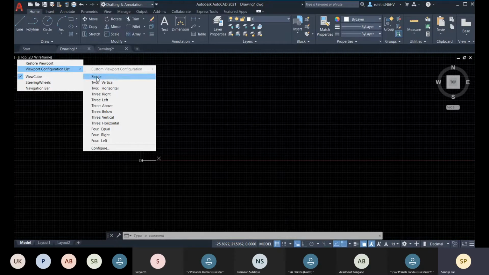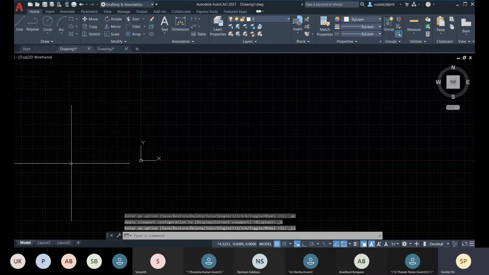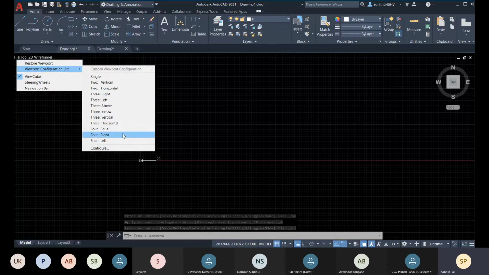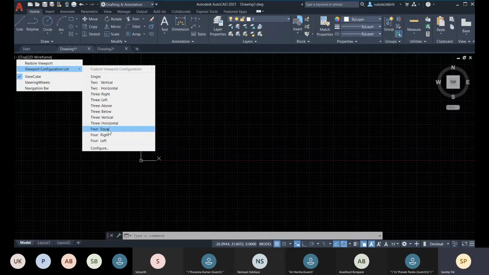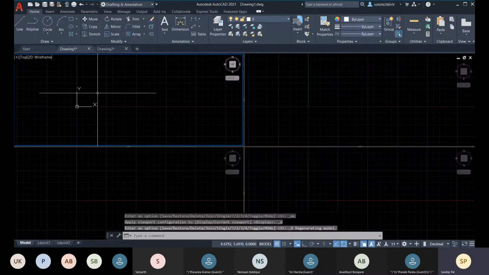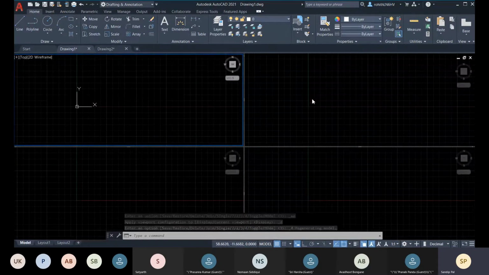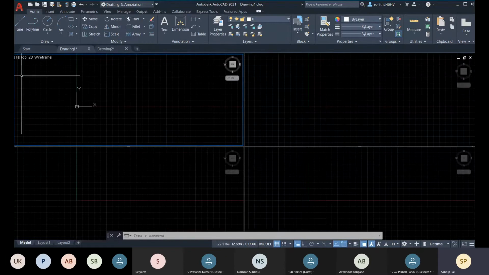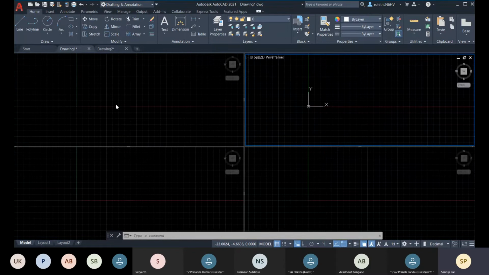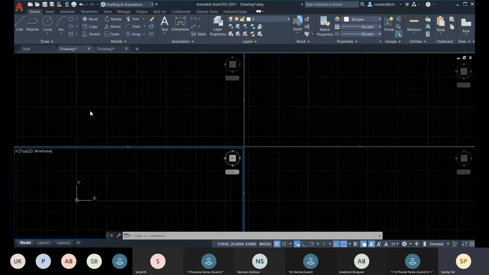Right now single is selected, so we have a single viewport. Suppose you need 4 equal viewports. You can click on 4 equal viewports from that viewport configuration list. Here you see that all the viewports have the same view right now.